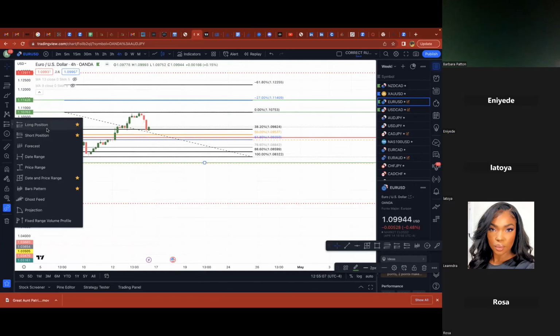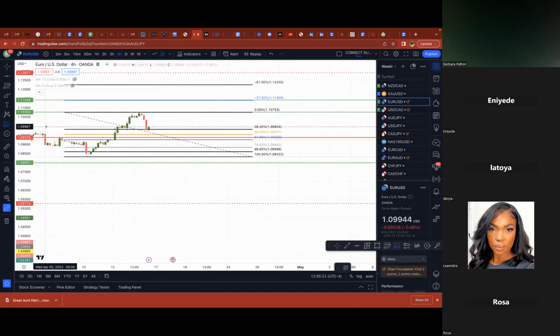But we want to wait until it closes. We don't want to just jump in because we anticipate the market is going up. We want to always react and not just jump the gun. So we wait, and then